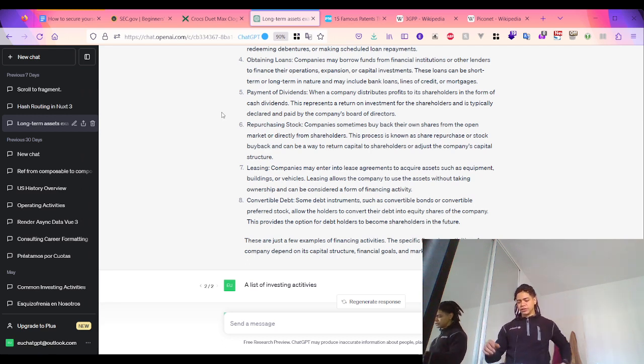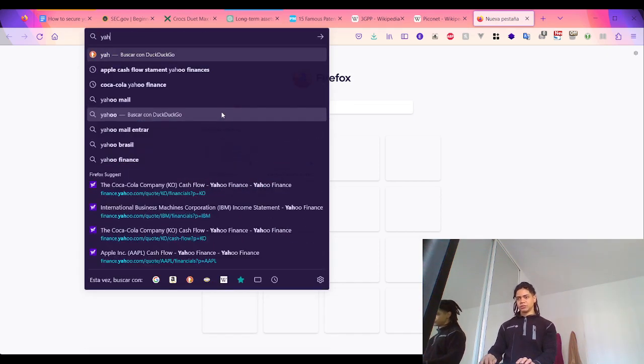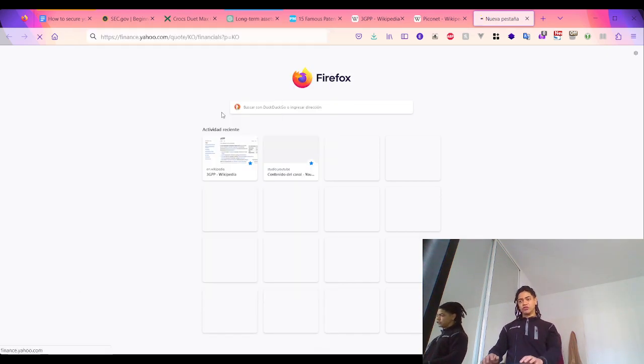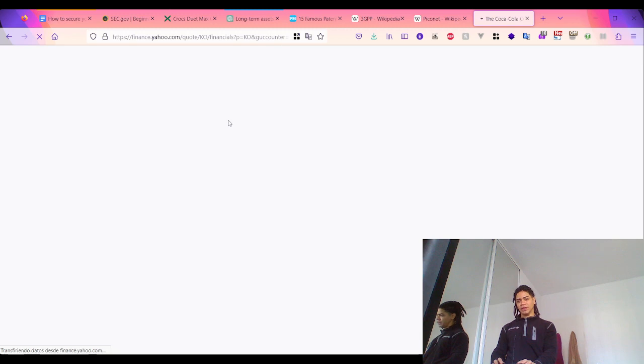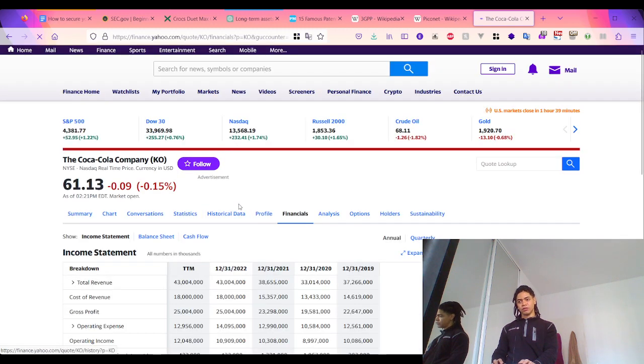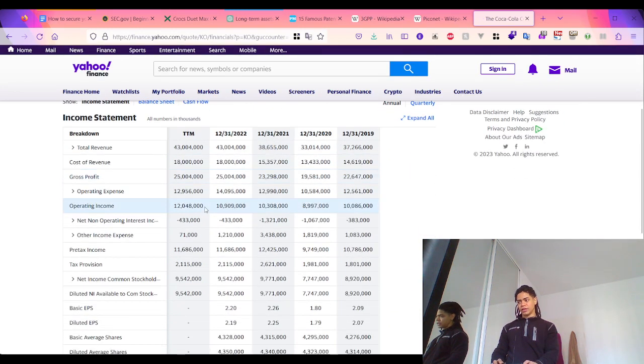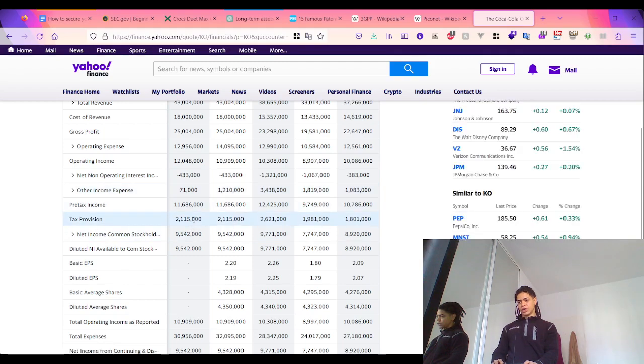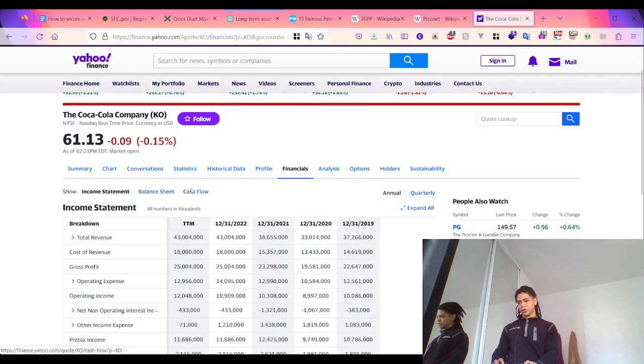If a company is constantly raising funds, issuing equity or debt, or taking out debt, for example, here on the cash flow,